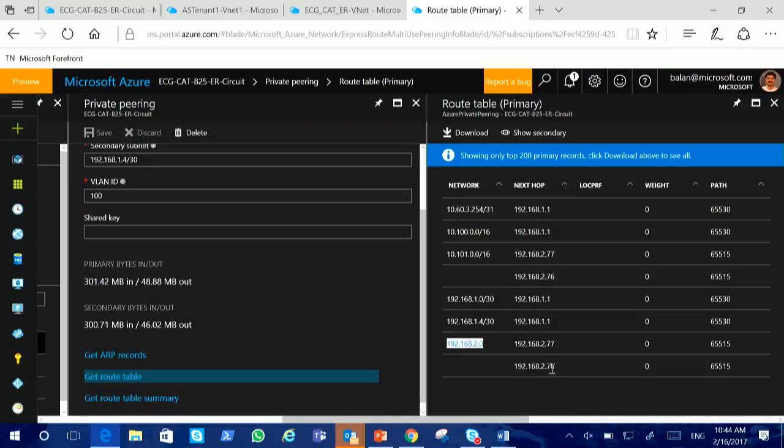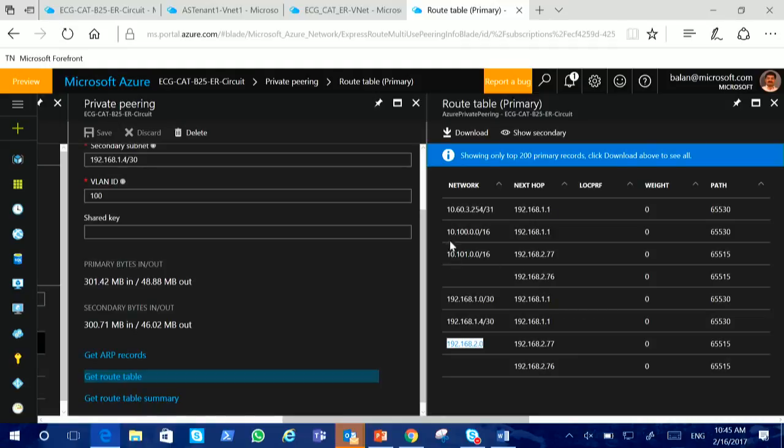Why do I have two IPs? Remember, I said I'm providing high SLA, right? The high SLA, because on the ER gateway, even though you saw one, I already have two, right? Even if one ER gateway goes down, my other ER gateway will provide you the connectivity. That's why I have two IP addresses here, 77 and 76, right? So these things you don't configure, you just say, I want an ER gateway. Behind the scenes, we provide two, and that's how we maintain the high availability of your circuits.